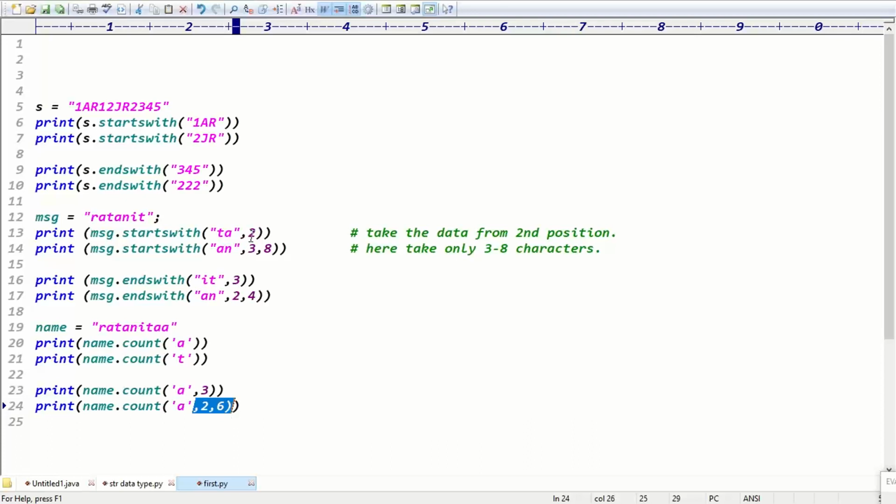Guys, when you mention the numbers like this, you can check that we are giving specific data. Instead of giving the complete data, we are giving specific strings, right? Exactly, guys. That point is clear.